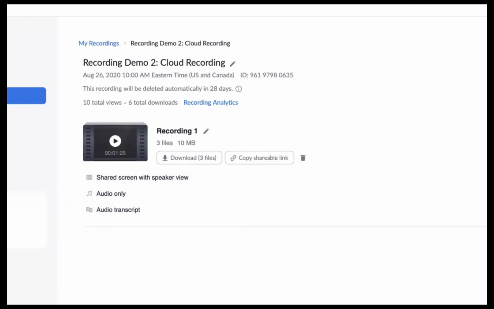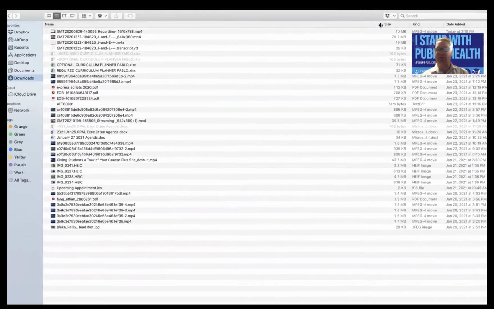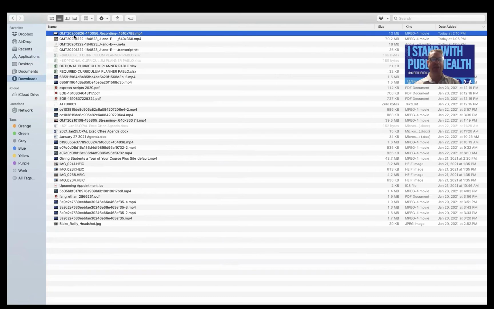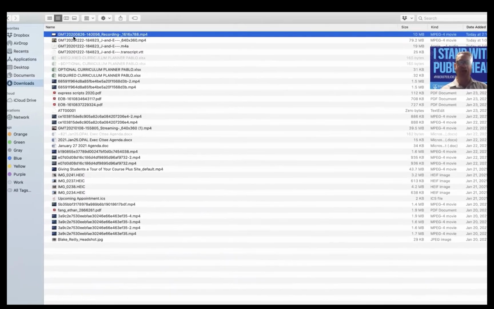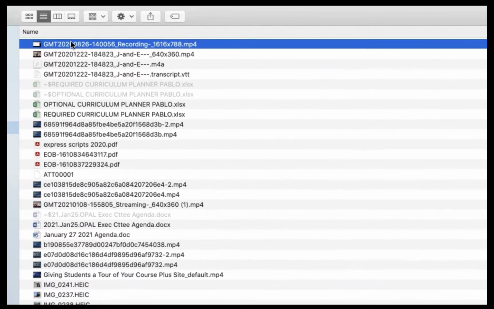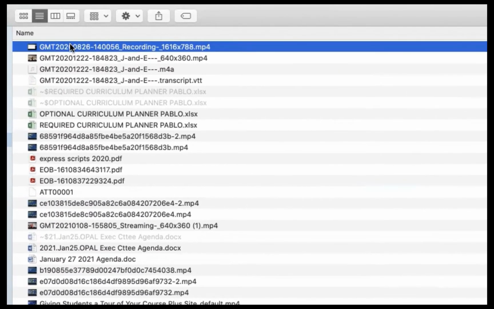My default is to my downloads folder, so I'm going to navigate to this, and I always have to sort these by date added because the name given to this mp4 is not descriptive. I could keep it in my downloads folder and upload it to my Panopto folder, which I'll show you how to do in a moment, but just so that I can find it later